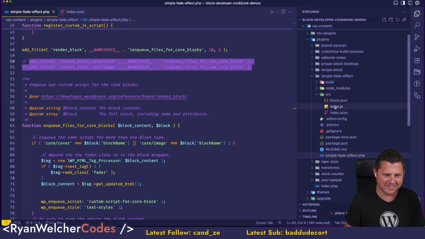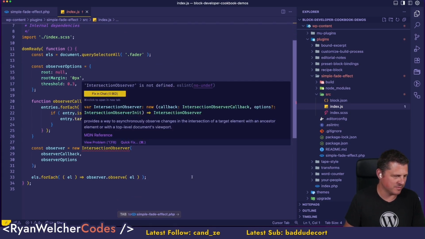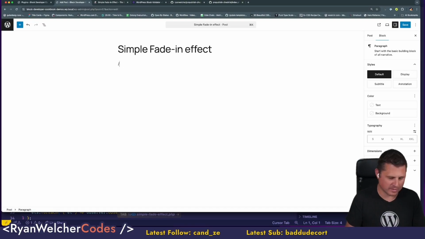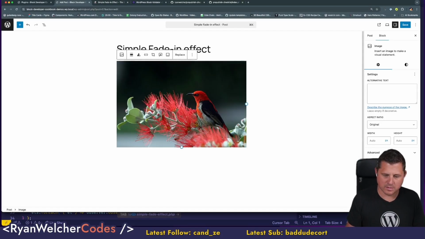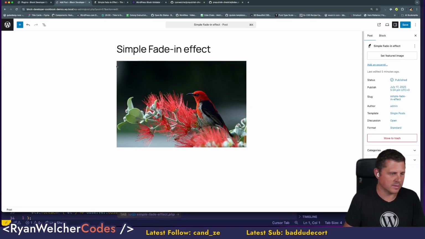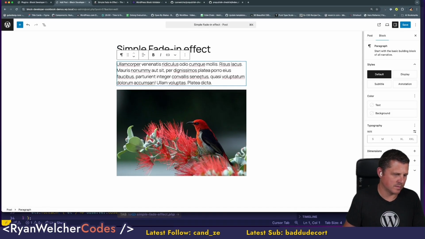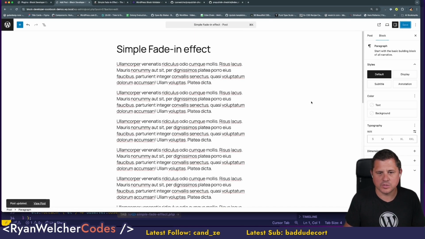And then the JavaScript is just doing some intersection observer stuff. And so what should happen here is if I put in either one of these posts, if I do an image block, media library, I'm gonna put that in there. I'm gonna actually grab a bunch of content. I'm gonna put it in above that. All right, I'm just gonna do a bunch of this just so it's off the page. And if I go look at this now,